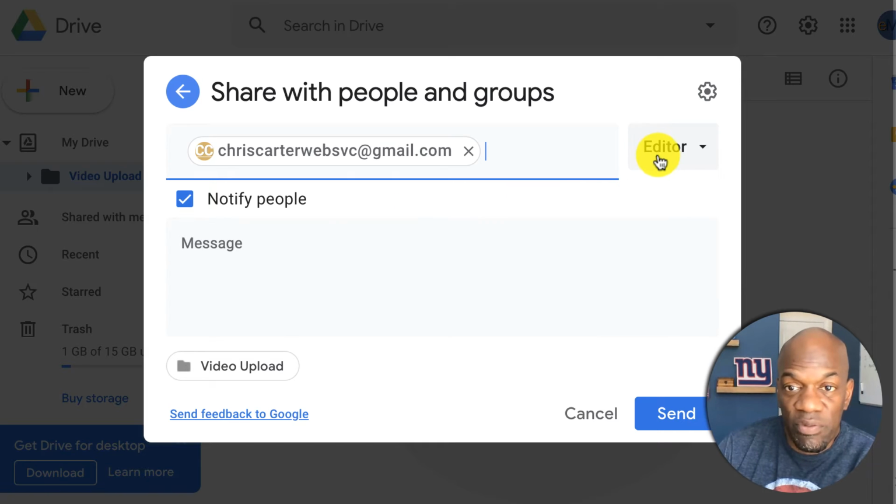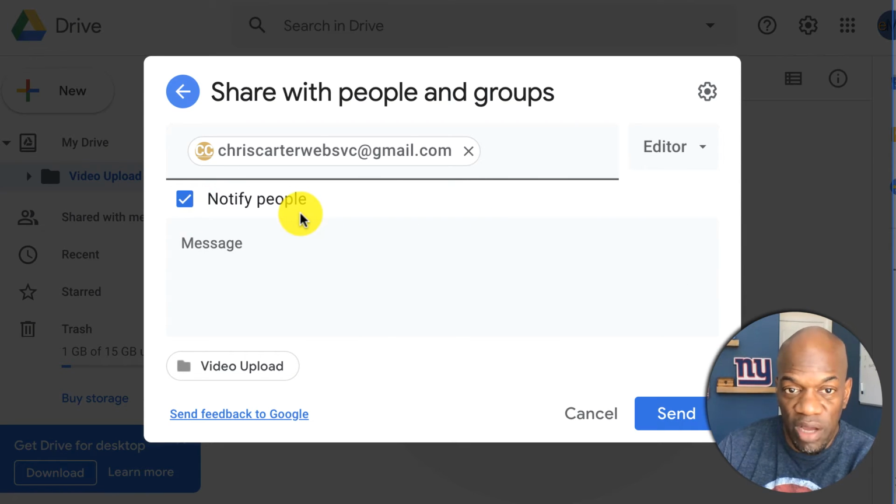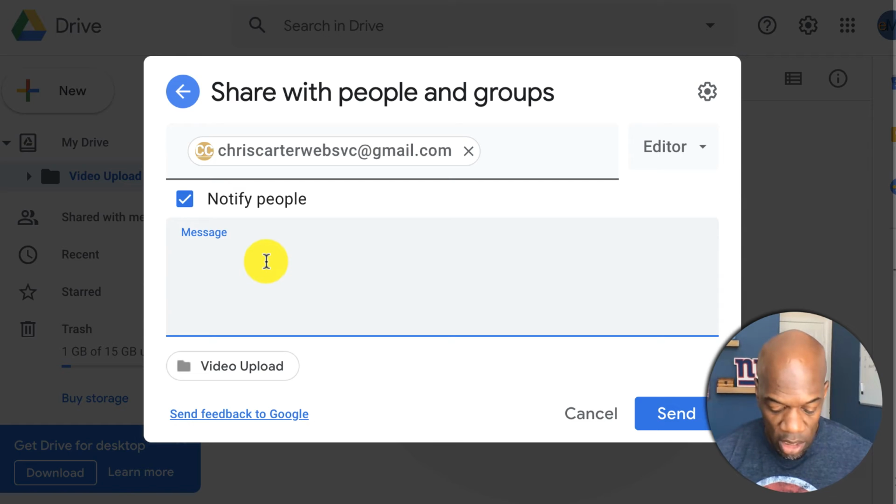And then you have permissions. You can make it so I can just see the folder, or you can make me an editor on the folder. I would suggest making me an editor so that if there's anything I need to do, I'll be good to go. All right, so leave this checked, which means notify people, and then you can say anything like,